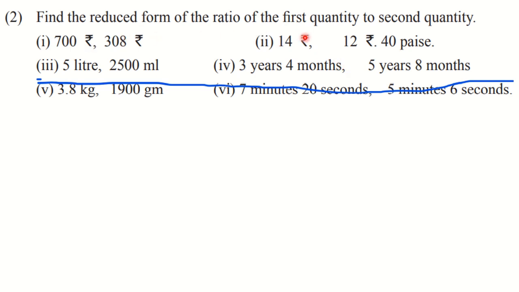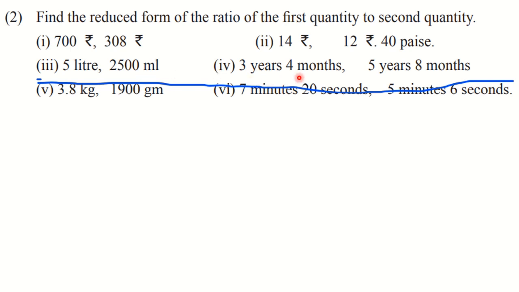I am solving first and second for you. Third and fourth you will do as homework. And please take a note of this, that fifth and sixth is cancelled. It is reduced for this year. Okay. So for solving third and fourth, here see, it is in liters and this is in ml. So to convert liter to ml, you know that 1000 ml is equal to 1 liter. So 5 liters, if you multiply by 1000, you are going to get 5000 ml, and then you can compare 5000 and 2500. Directly it is not possible for you to find the ratio because the units are not the same.